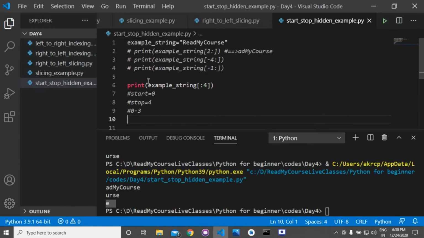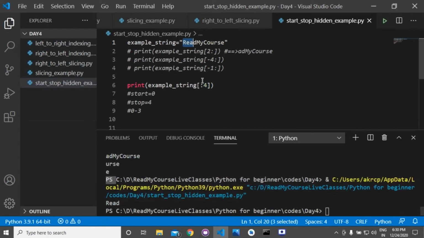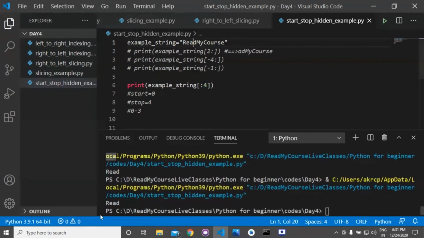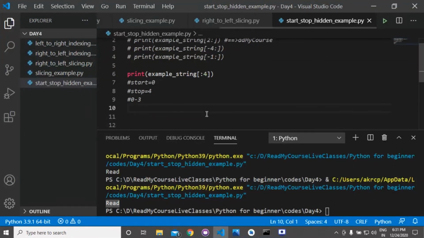What is the value from 0 to 3? REA. Sorry, we have D also. So 0, 1, 2, 3. So we'll get READ, read. Is this clear, everyone?